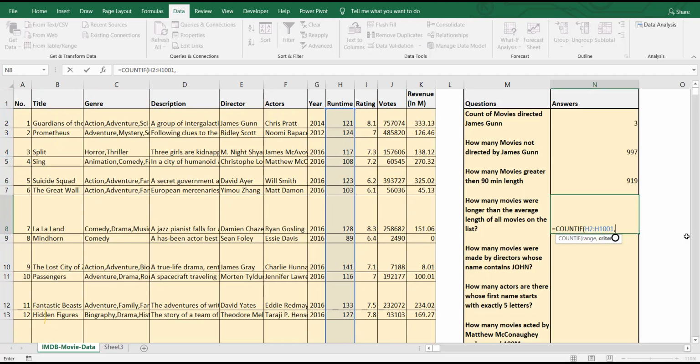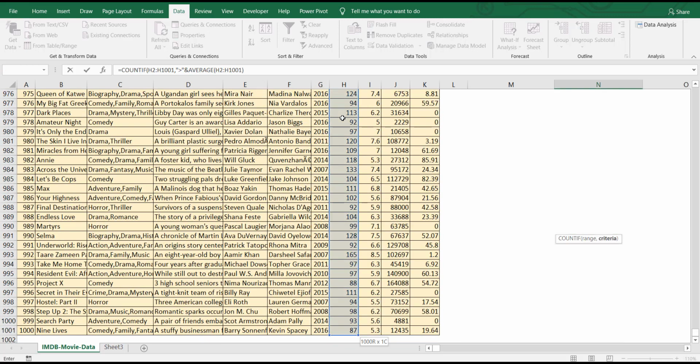So criteria is nothing but open double quotes, greater than, close double quotes, concatenate, and then use the average function, average of runtime.